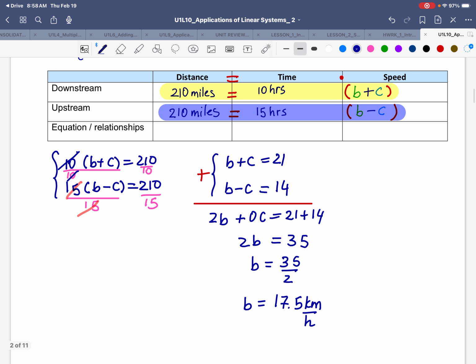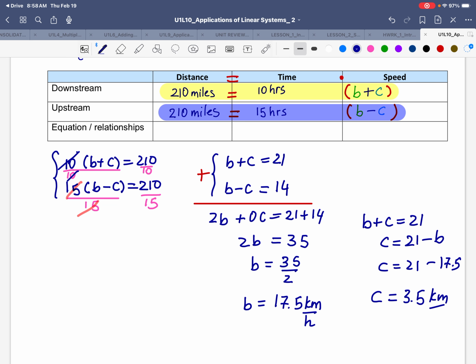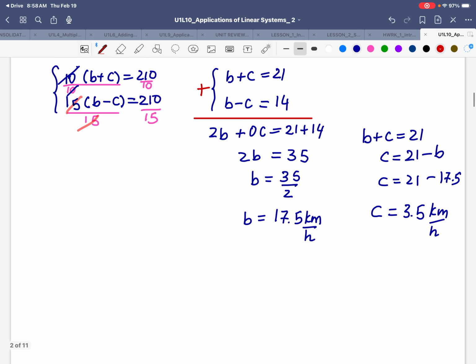And we're going to look into the speed of the current. If B plus C is 21, then C is 21 minus B, or 21 minus 17.5. 21 minus 17.5 would be equal to 3.5. So that would be the speed of the current. So therefore, the speed of the boat is